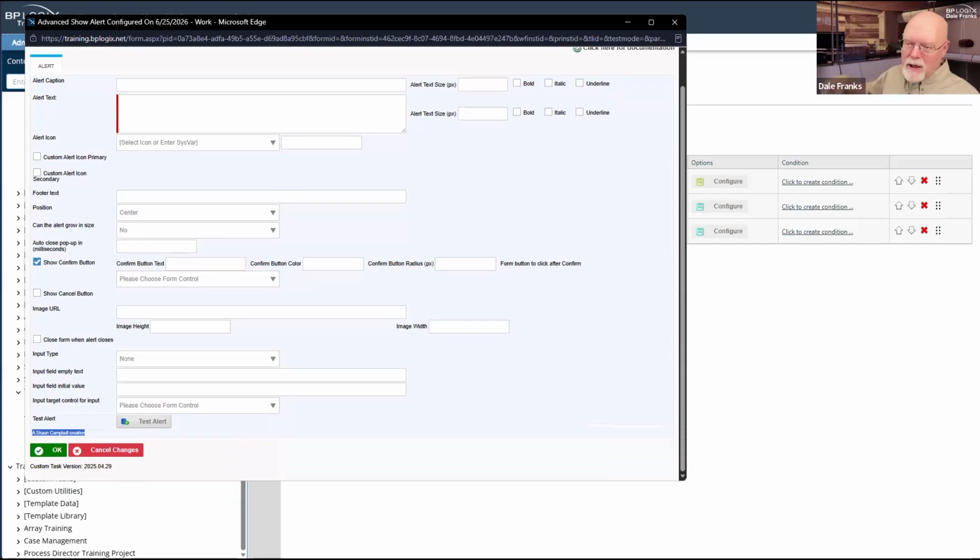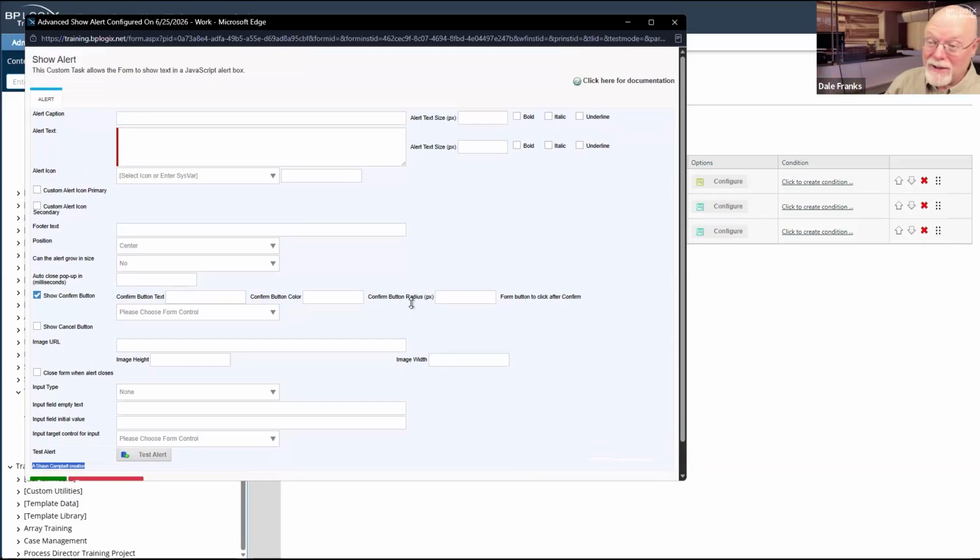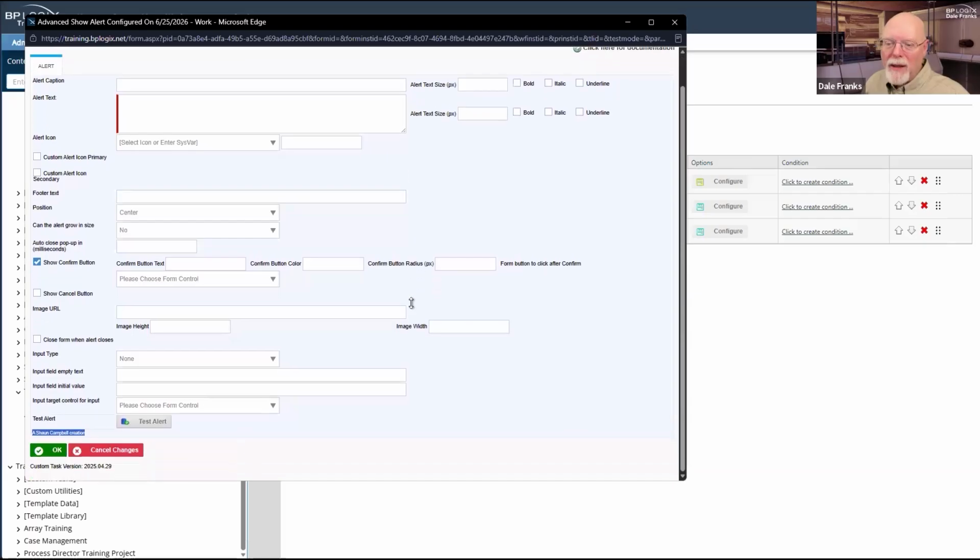Sean Campbell at the city of Fort Worth, Texas, created this. We have done some tweaking on it in the interim, and Sean has done some tweaking on it in the interim. So we have collaborated on building this custom task, and it does cool things.